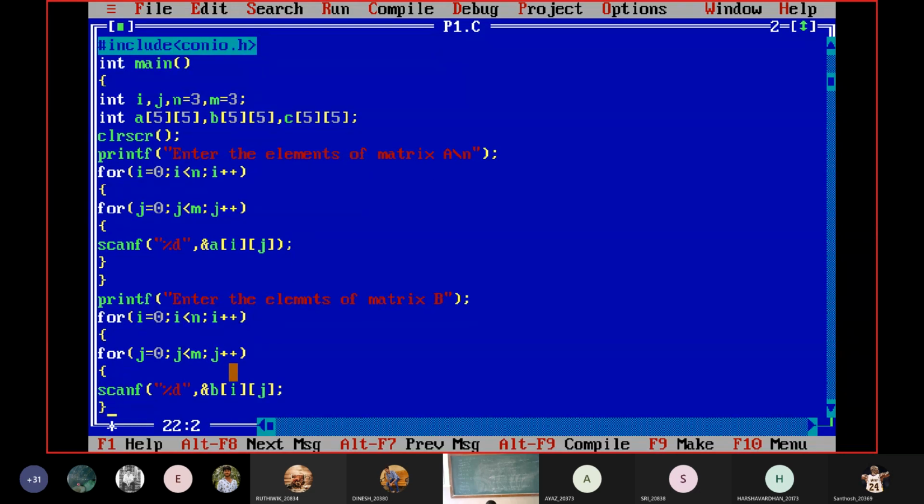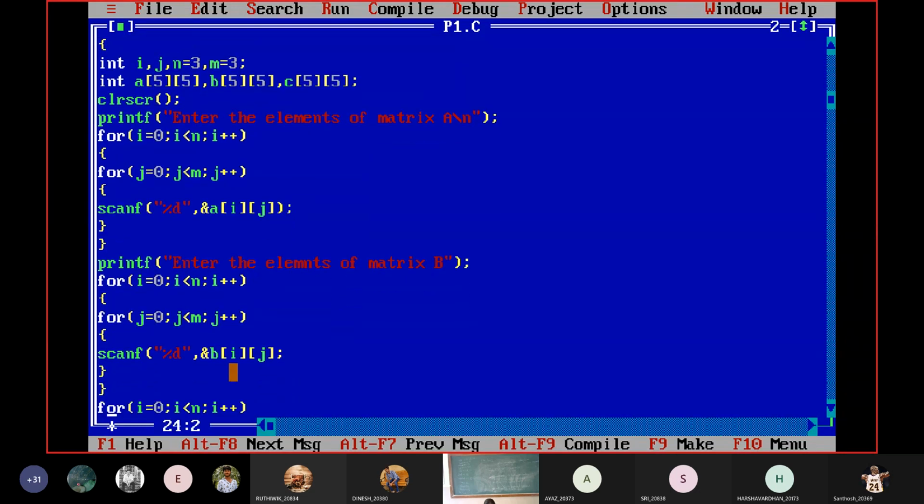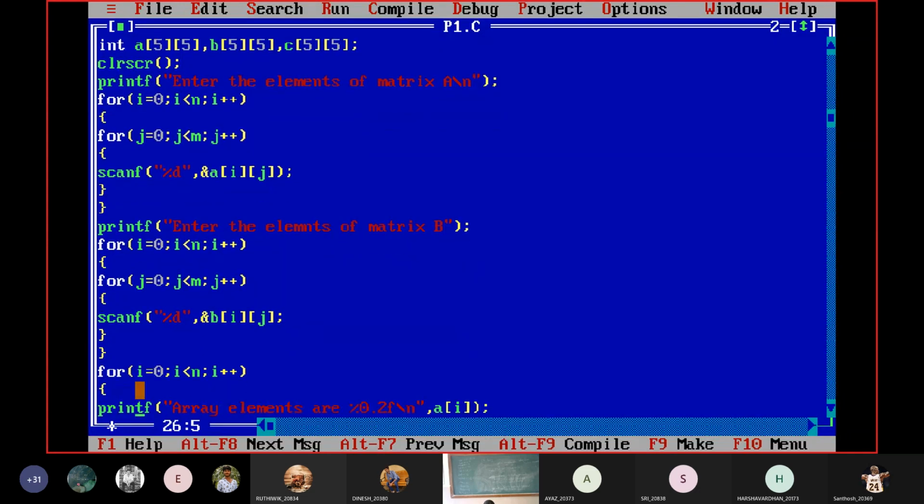So, close inner for loop, close outer for loop. These are the statements that I am going to use for reading the matrix A and matrix B. Okay, so we read. Now, what I need to do? I need to perform sum. Yes or no? So I'll print it also. Write the same logic, and instead of scanf, just write printf here. Okay? So, for example,